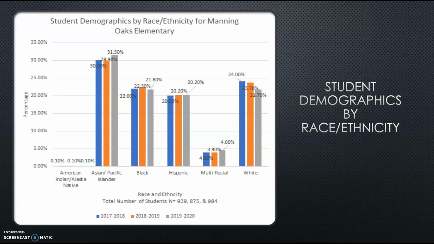However, the percentage of white students is decreasing from 24% in 2017 to 21.7% in 2019. This could be due to the increase of immigrant families to Manning Oaks each year that identify as another race ethnicity other than white. The large influx of newcomers could be a possible reason why more English language learners score in the beginner's level for the 2018, 2019, and 2019-2020 Georgia Milestones.